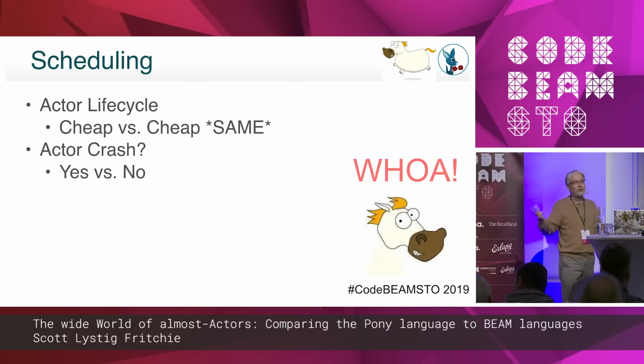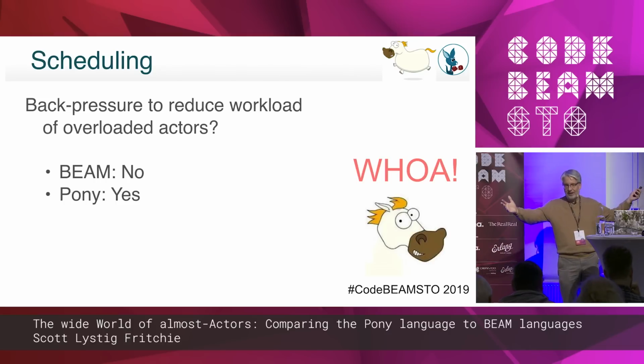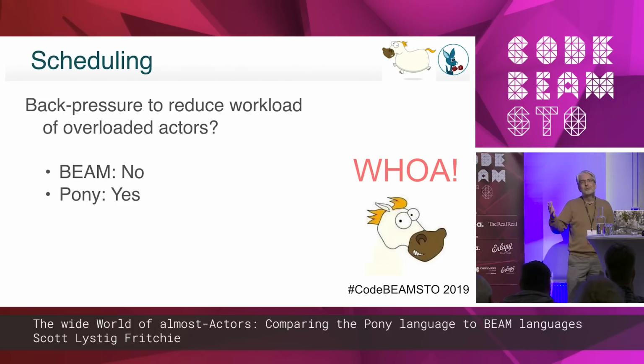Is there scheduling back pressure? So if some recipient process is being overloaded because it's being sent too many messages, so that the overhead of processing the messages is more than the total incoming delivery rate, then of course you have potentially an unbounded mailbox size. Is there any mechanism to help prevent that problem? The Beam used to have such a thing, and it was removed like a year and a half ago. And if anyone knows whether there's a new mechanism in place inside of the Beam for back pressure. So in the case of the Pony runtime, yes, there is.